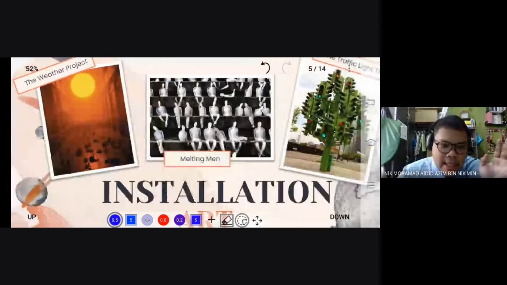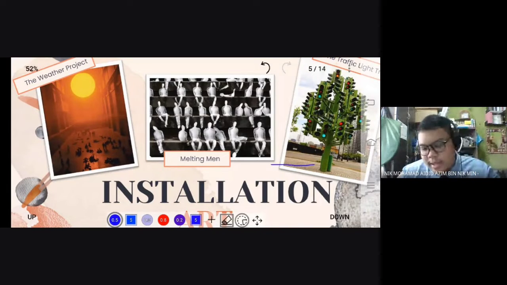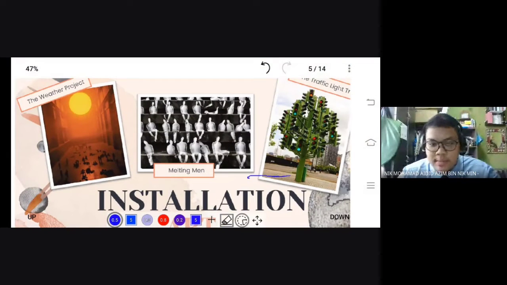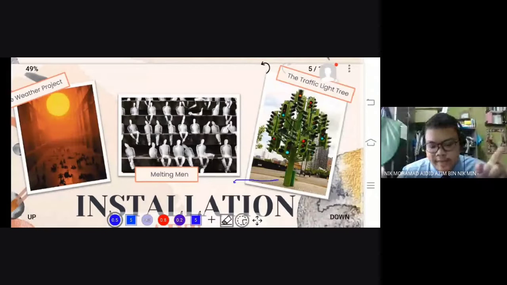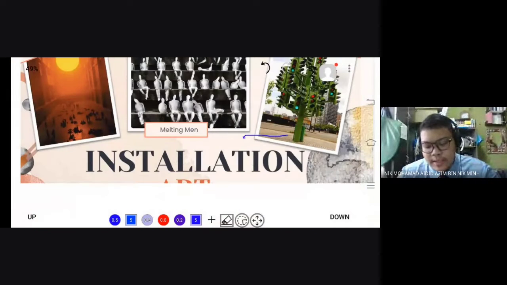You can see a sculpture shaped like a man sitting there, but with no face, melting. And the last one is the traffic light tree. We can see many traffic lights, and they probably have some meaning behind that. We will learn after this.